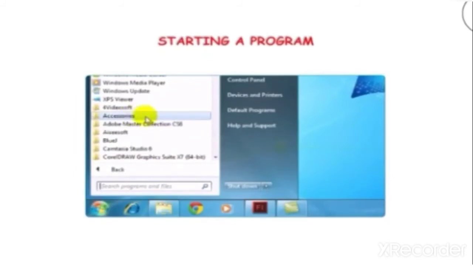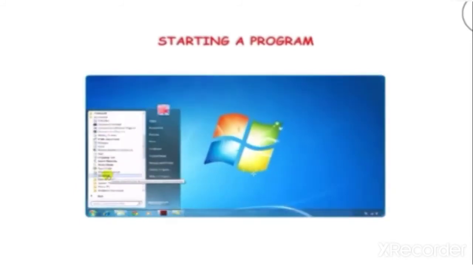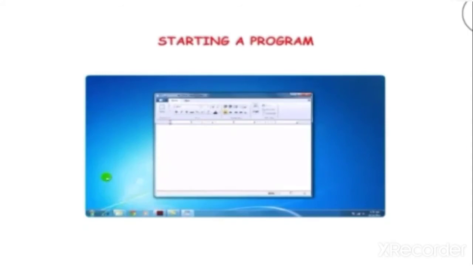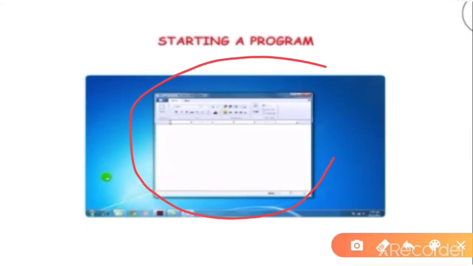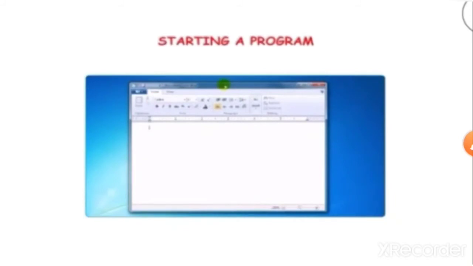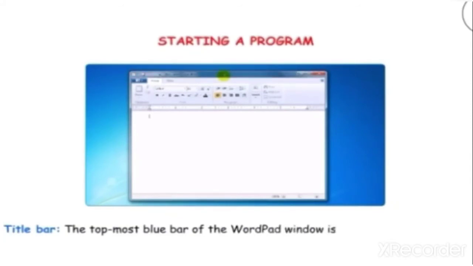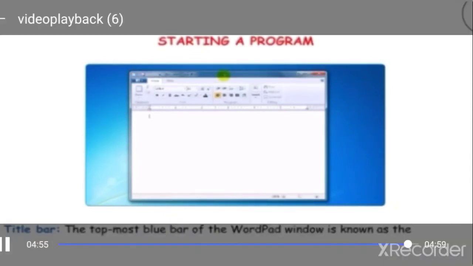Then you can choose the accessories option, and then you can choose any program. I am choosing WordPad. You can see here WordPad. Then the WordPad window will open. This is the WordPad window. Title bar. The topmost blue bar of the WordPad is known as the title bar.